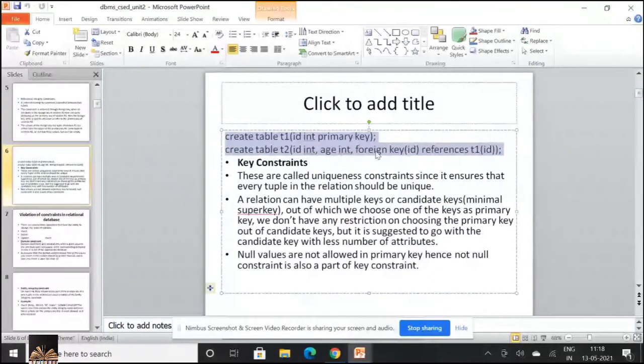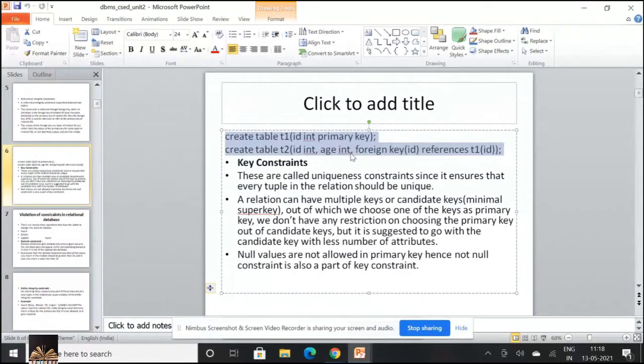Now I'm trying to make ID of table T2 refer to ID of table T1. Or I can even make age of table T2 refer to T1. It's up to you which particular attribute you want to make a foreign key.